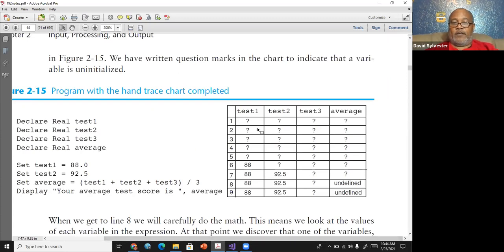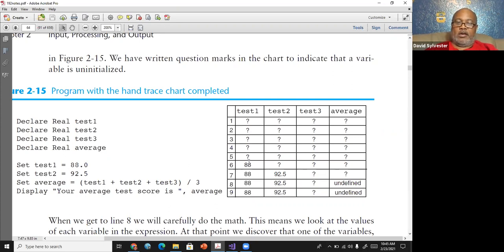All right. So that's basically how you would go through the hand checking. And if you look here, remember the first 4 or 5 statements, all this is unknown because there's no values attached to any one of these variables until you get to 6, where you're assigning 88 to test 1. Then even though you didn't assign 88 to test 1 in line 7, test 1 is still at that moment equal to 88. So that's why you see the 88.